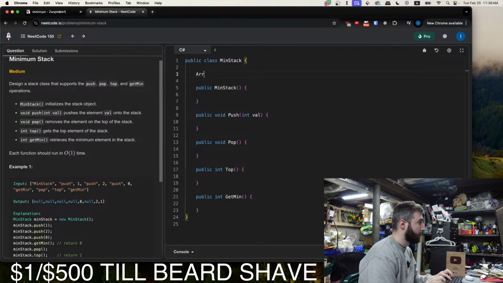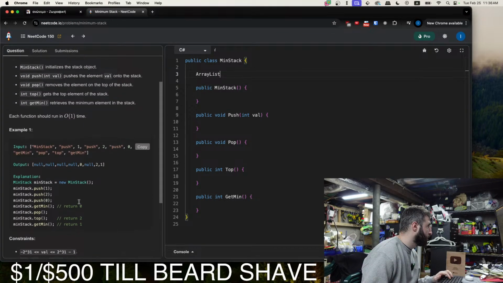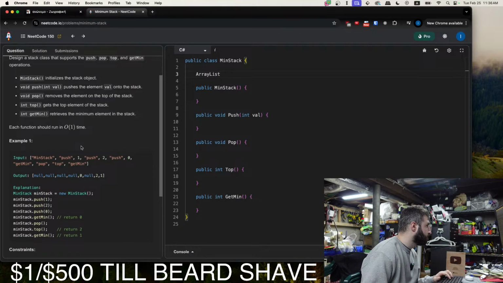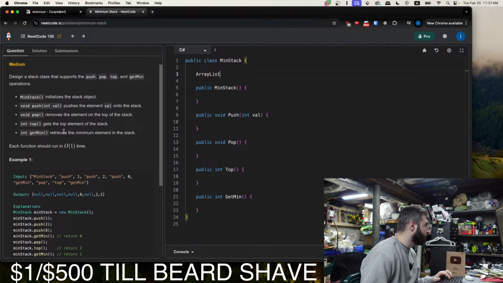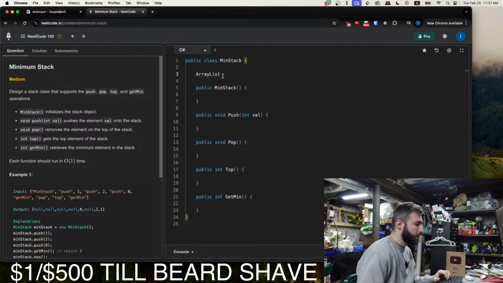So ArrayList. Oh, what objects are we putting? Are they just integers? Okay, I don't know if it says that it's just integers, but I guess we'll assume so.